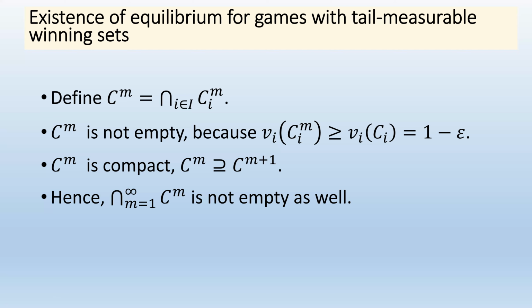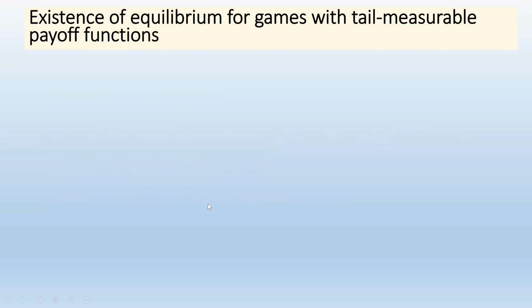That's an interesting thought. I never thought of that, but it would make your paper even stronger if you find a game with such an example. That would be a good thing, I think. Yeah, thank you for this comment. It's an interesting idea. Okay, sorry for interrupting. So this was existence of equilibrium with tail-measurable winning sets. Now let's move to tail-measurable payoffs, if my mouse will allow me to move. Yes, it did. Okay. Sorry, I have a question.